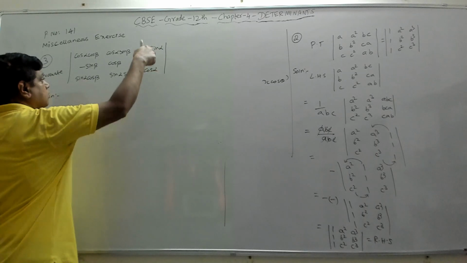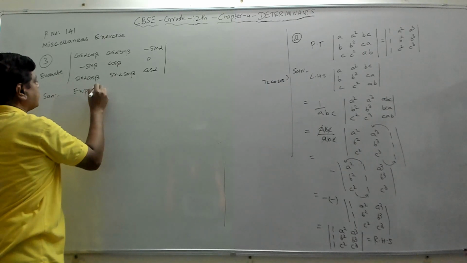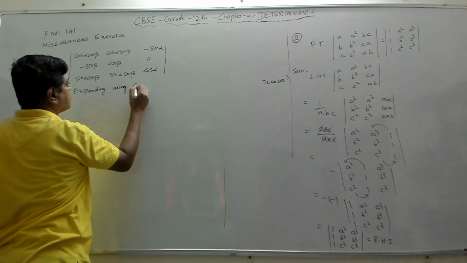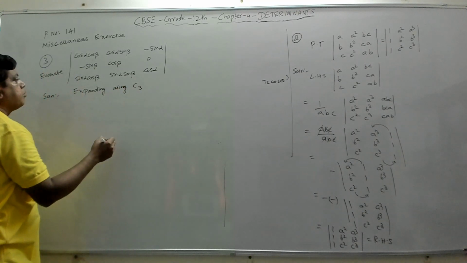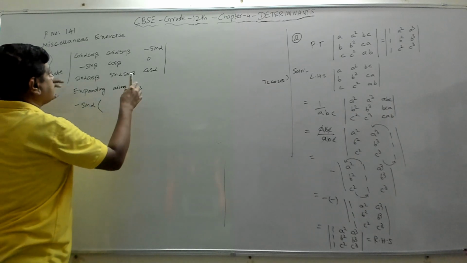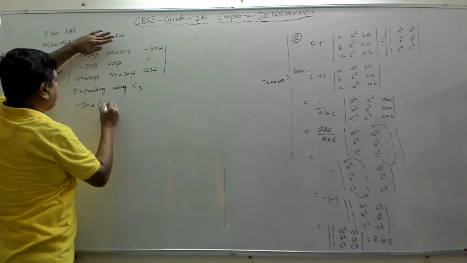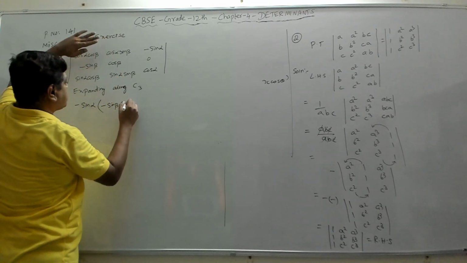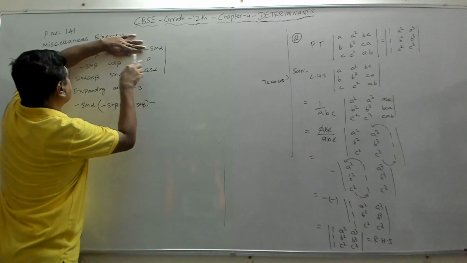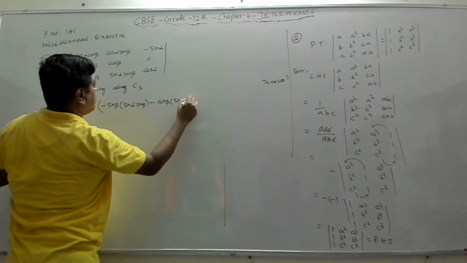So we can expand along column C3 because it has a 0. So expanding along column C3, it will become minus sin alpha into, so we have to close this particular row and this particular column. So you'll get sin beta into this. So we'll get minus sin beta into sin alpha sin beta, minus this into this. So if you close this and this, so this into this minus this into this. Minus cos beta into sin alpha cos beta.